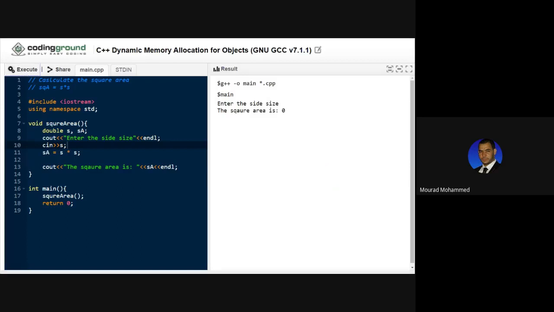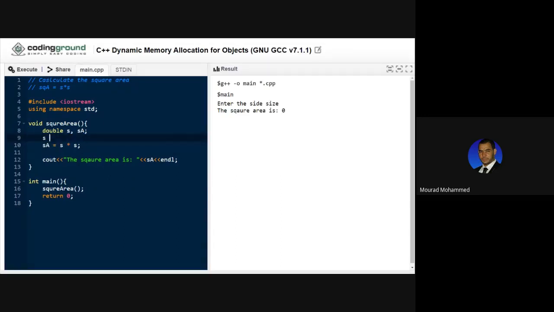So it says enter the side, and immediately it passes to the square area. So there's a problem here. It seems to pass to the next statement because of the compiler. I tell you what, I'll make it static to avoid this compiler issue. I'm going to say S equals 5.5. Semicolon. I'm statically initializing this S. Then after, execute. Yes, the square area is